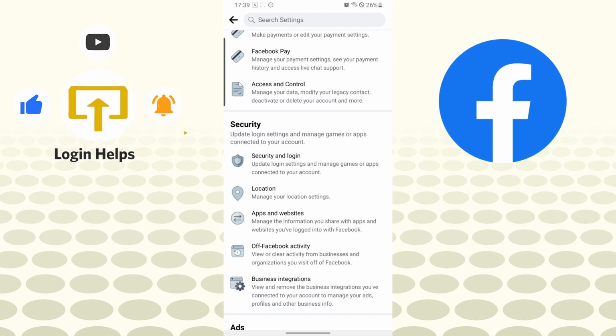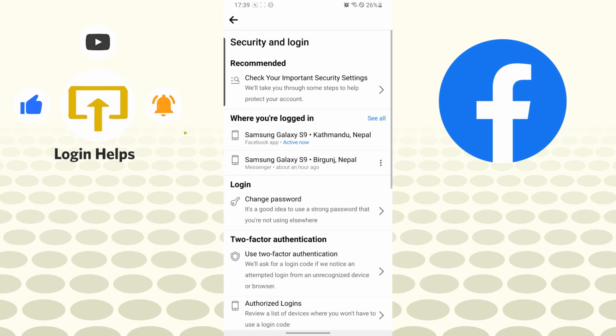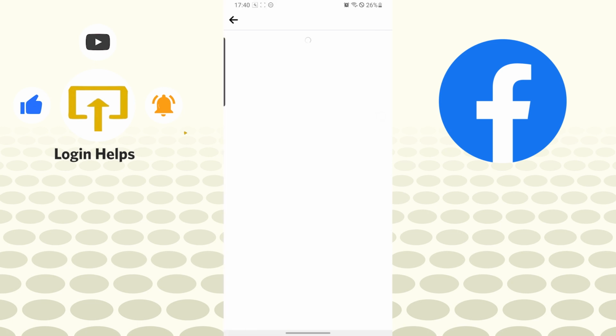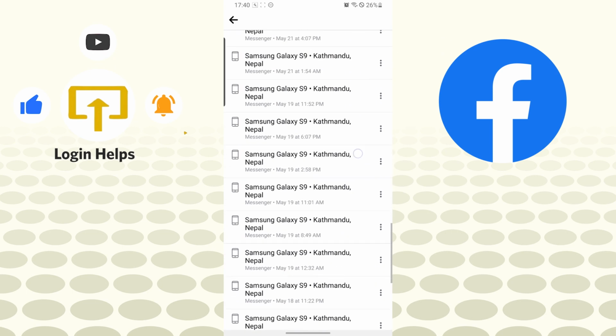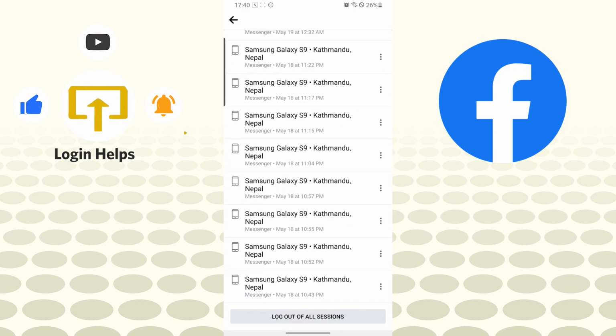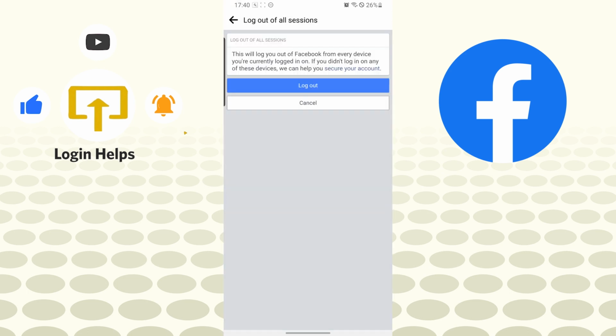available over here. Tap on security and login, and on this interface you can see the where you're logged into option available over here just below the recommended, and beside it there is the see all. Tap on see all, and on this interface when we scroll down you can see the log out of all sessions over there. Tap on log out of all sessions, and on this page there is the logout button